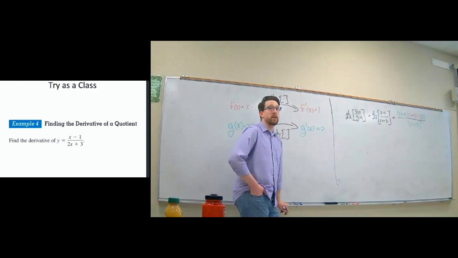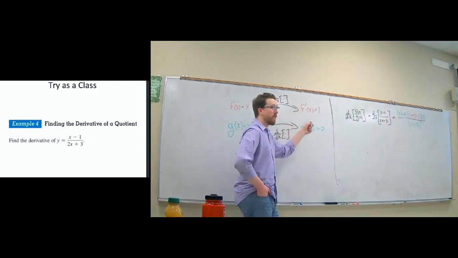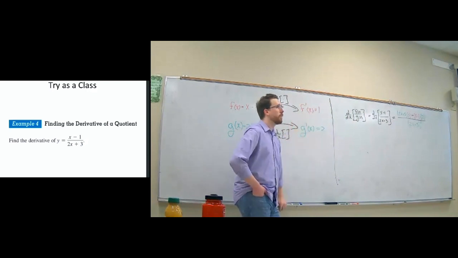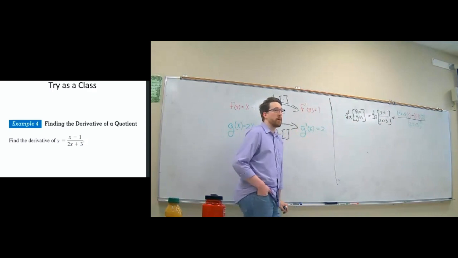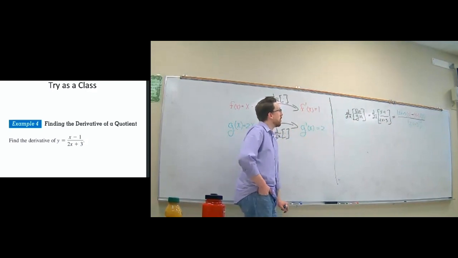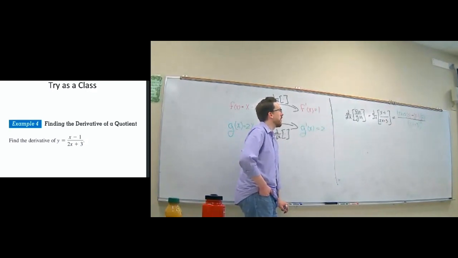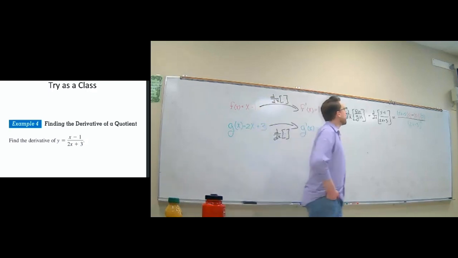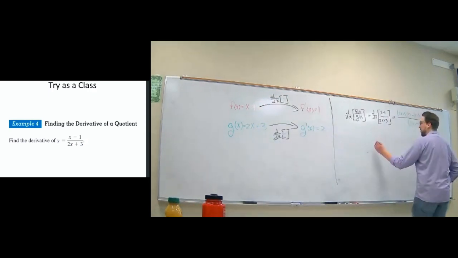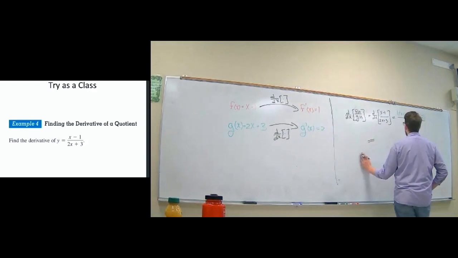So all I did here was first find the derivatives of what's on top and what's below, then apply the mnemonic, right? Low d high minus high d low, divided by the square of what's below. Okay. Now going ahead and doing the rest of the algebra that remains, we've got